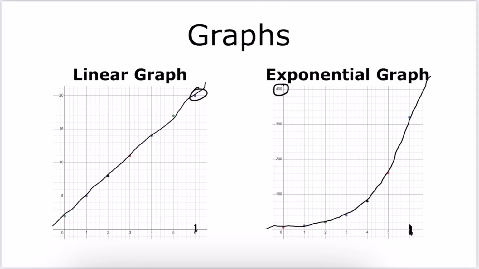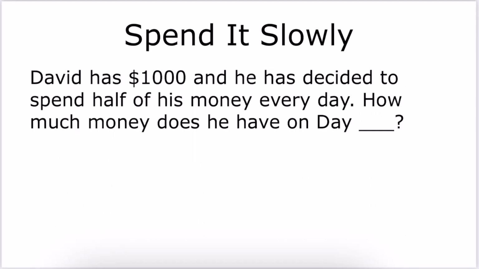So exponential functions will grow way, way faster than linear ones will. And that's just the nature of multiplication, because multiplication will make the number grow bigger faster than addition will. And I also want to mention that you can have exponential functions that decrease. So, an example of this would be if David had $1,000 and he decided to spend half of his money